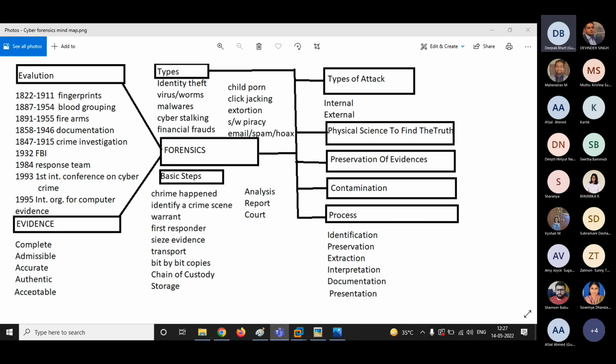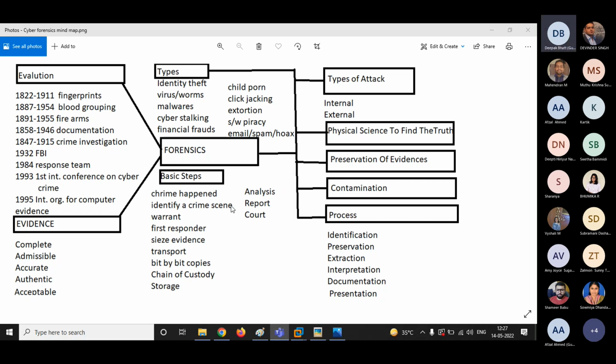The second thing is, whoever is the head of the first responder team has to justify and write down in documentation why he came, when he came, what his designation is, and what the purpose is of handling the evidence only by him. The same thing happens with the transport team, and the same with the analyst. So guys, whatever you do in forensics from beginning till last, you will be documenting everything. Those documents will be submitted to the court of law at the end. Got the point? Chain of custody, overall, as the definition given by Devendra, is to protect the evidence from getting corrupted.